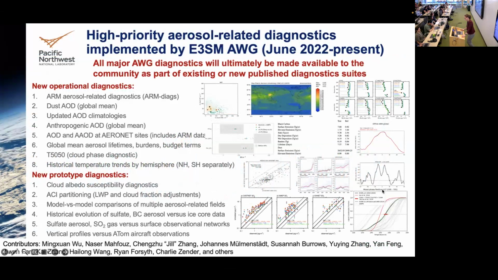We're looking also at the mean climate state, mean climatology, comparisons against surface networks, comparisons against satellite data, cloud albedo susceptibility diagnostics, and a variety of other things. Most of these diagnostics either are already available inside of the E3SM Diags suite or will eventually be released as part of that suite or as part of other published tool sets.